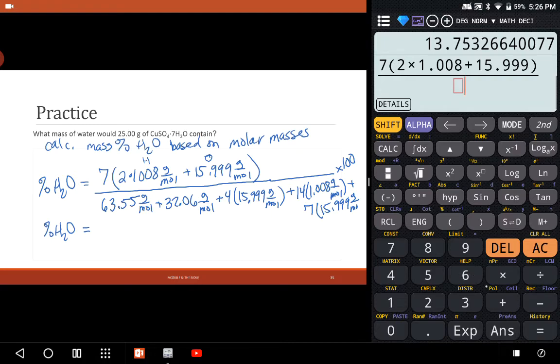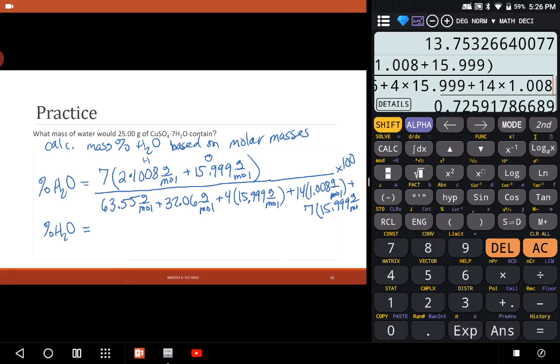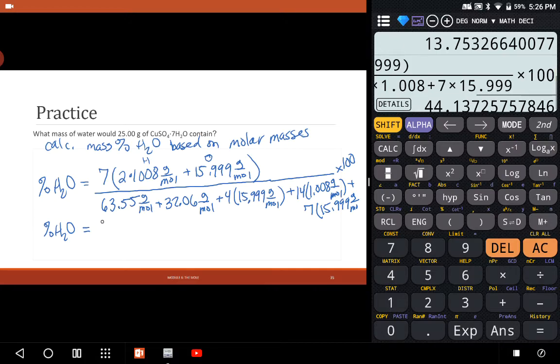Now I need the mass of the whole thing, 63.55 plus 32.06 plus 4 times 15.999 plus 14 times 1.008 plus 7 times 15.999, and then I'd multiply by 100. And so that tells me that I am 44.1372%